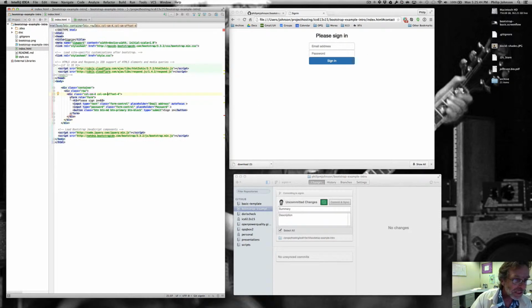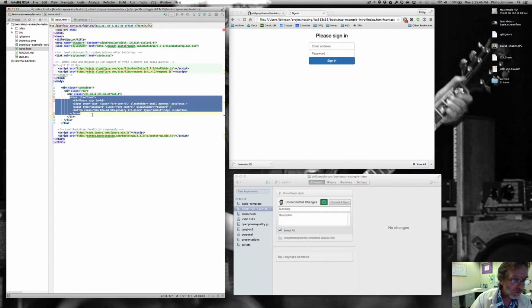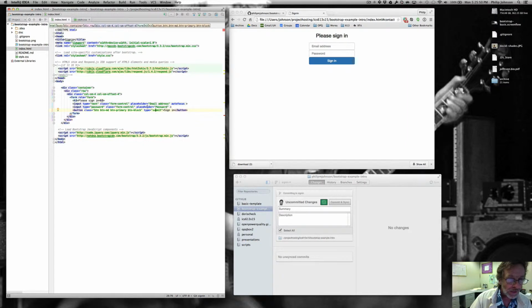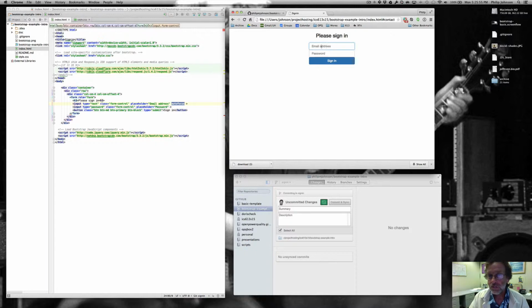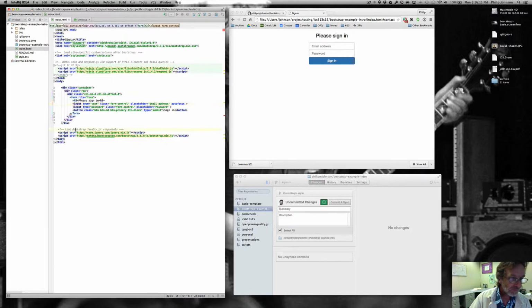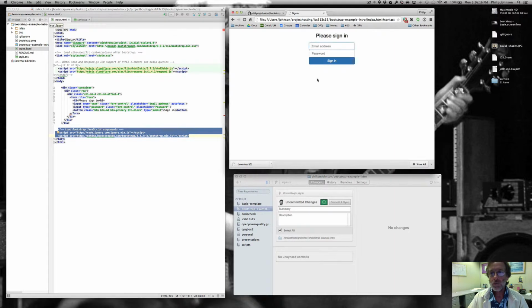Okay, the next thing you can see in this particular example is that we have a form, and there are some cool things in this form. For example, we've got the placeholder, we've got autofocus, so when you retrieve the page, the focus is set to be ready to type into that email address field. But I want to say that in general, form processing is not something that you're going to do a lot of until we've got the Play framework to actually process forms, but it's kind of good to see examples of the text here. Then at the bottom, we've got this load Bootstrap JavaScript, just like we had before,